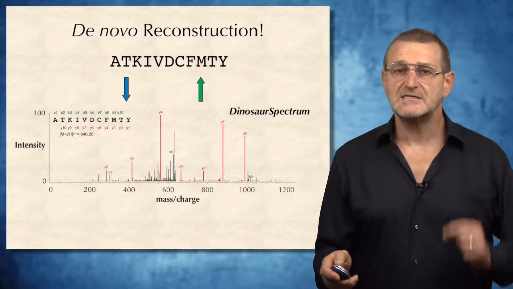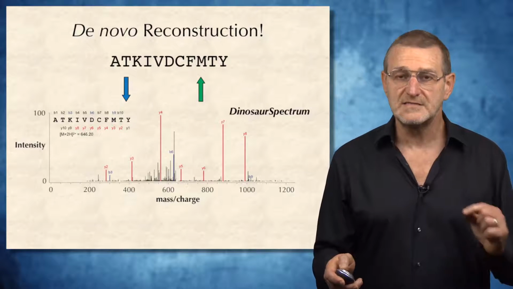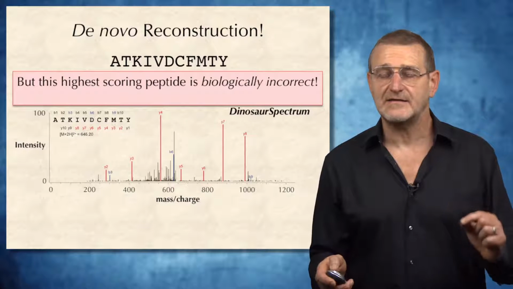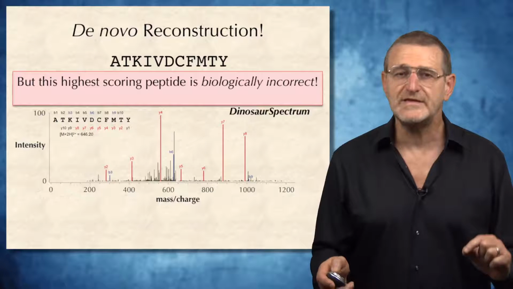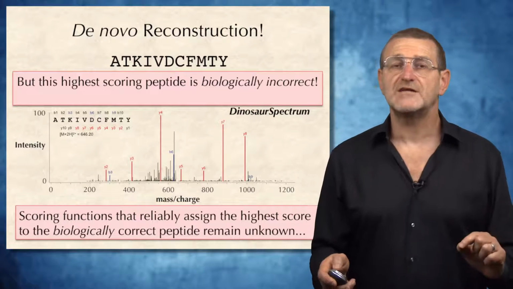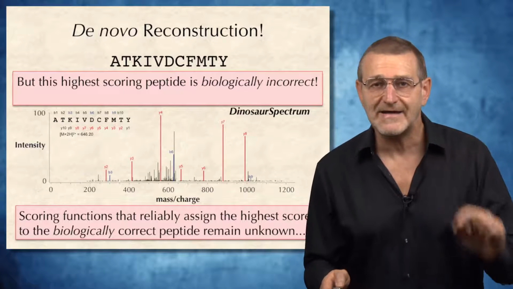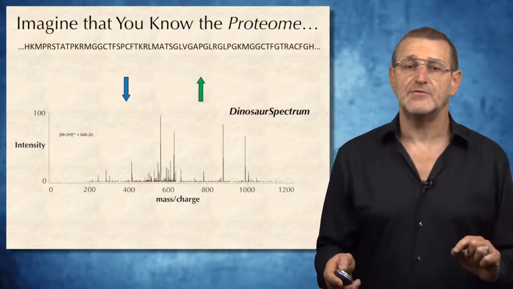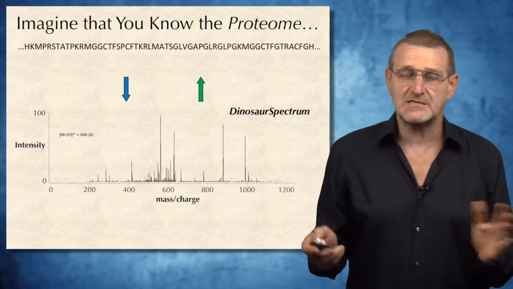In this case, the solution of this peptide sequencing problem will generate this peptide that, as it turned out, is incorrect. The reason it is incorrect is that despite two decades of research, scoring functions that reliably assign the highest score to the biologically correct peptide remain unknown. It looks like we put ourselves into a corner. We learned how to sequence a peptide as the highest scoring peptide, but as it turned out, this highest scoring peptide